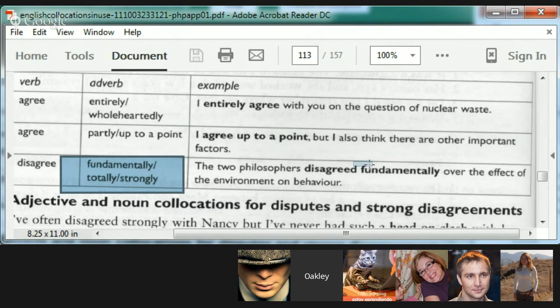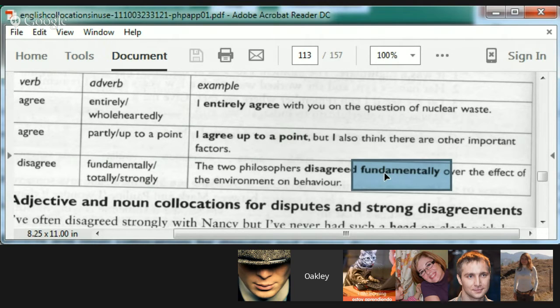Yeah, this is a pretty good example. The fundamental, or basics, the building blocks, the foundation. If you fundamentally disagree with somebody, you don't even think they're starting with the right premise. The very beginning of their argument you disagree with. So actually this is a very deep disagreement. You can't even agree with where to start the argument.